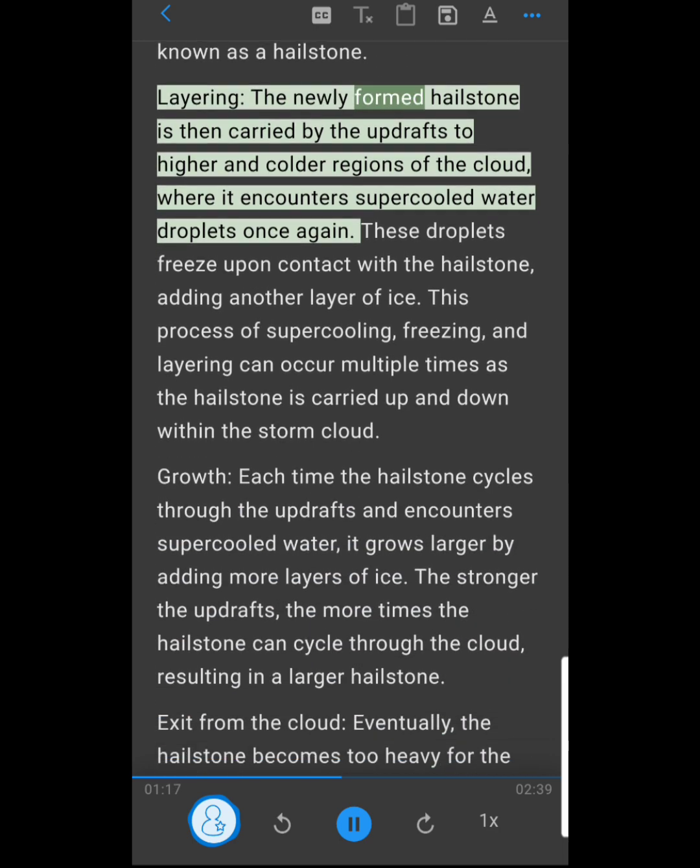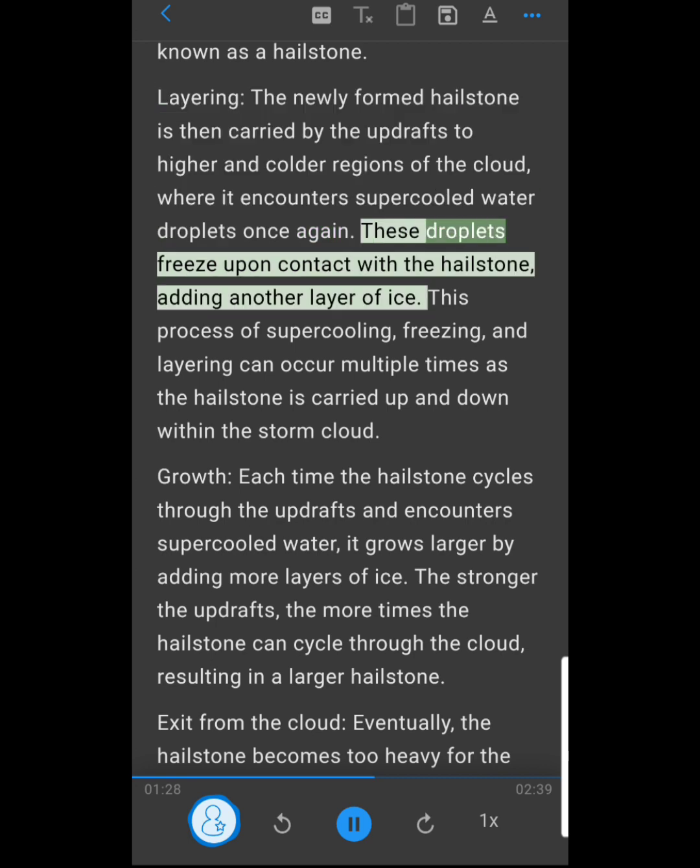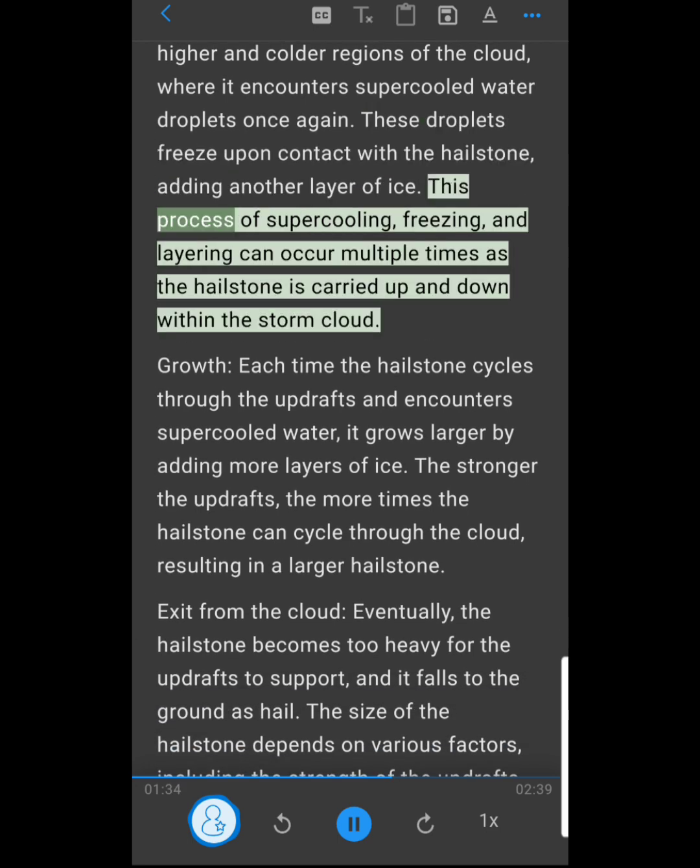Layering. The newly formed hailstone is then carried by the updrafts to higher and colder regions of the cloud, where it encounters supercooled water droplets once again. These droplets freeze upon contact with the hailstone, adding another layer of ice. This process of supercooling, freezing, and layering can occur multiple times as the hailstone is carried up and down within